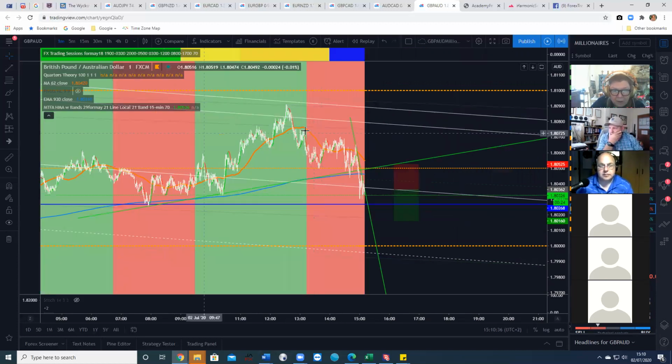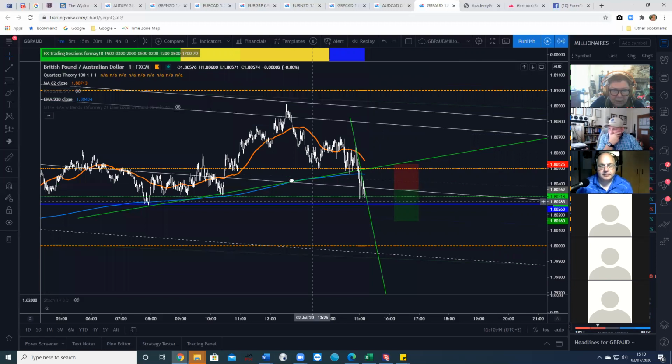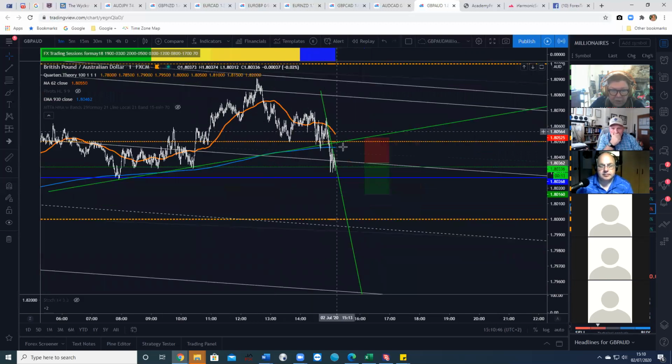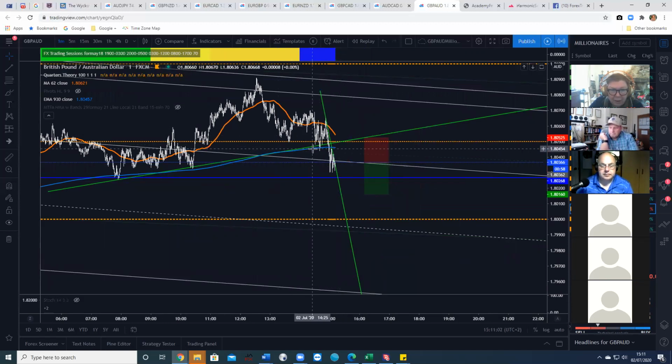But it does give you that confidence that, on the 15-minute, the trend is coming down. So that's why I said you want to see the orange pointing down, either strong momentum or for it to come below quarter theory. And obviously once it crosses the blue, then the current trend in the market is selling. So at the moment it's looking good. Quarter theory is saying sell, and the pitchfork saying sell, but we haven't had